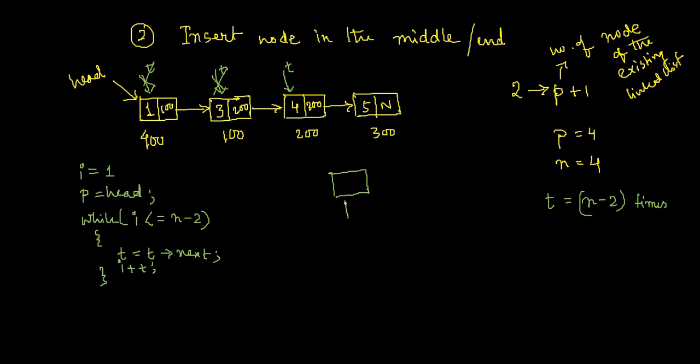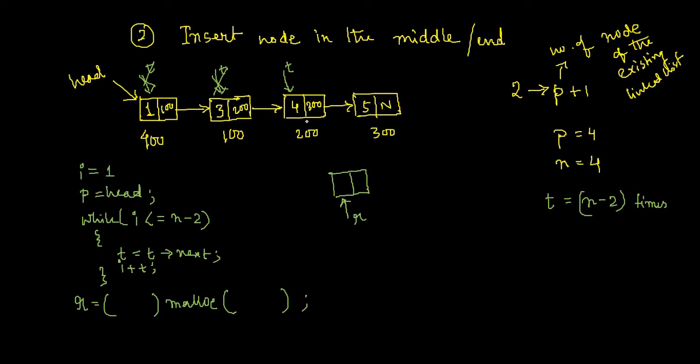And obviously this is pointed by a newly created node, right? Say for example R. R is pointing to the newly created node. So you have written a malloc statement for creating your newly created node, which is pointed by R. Now what to do? You have to connect this node pointed by T with R, and you have to connect this node to the next node of T, which is currently in the linked list.